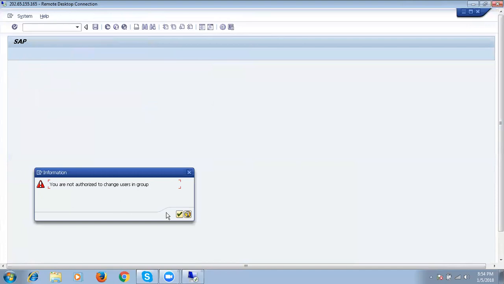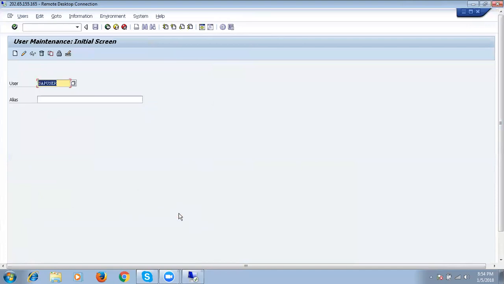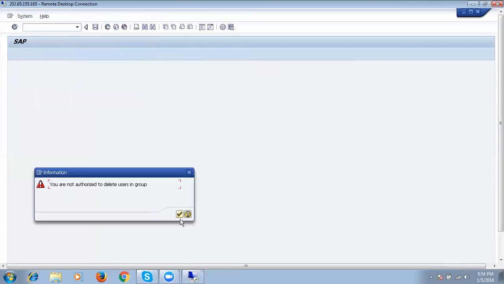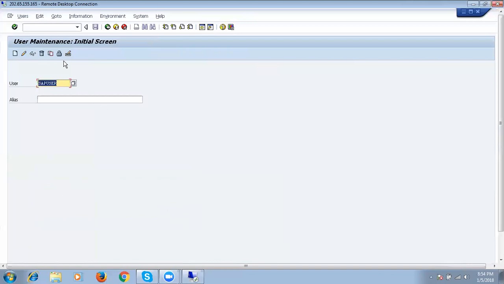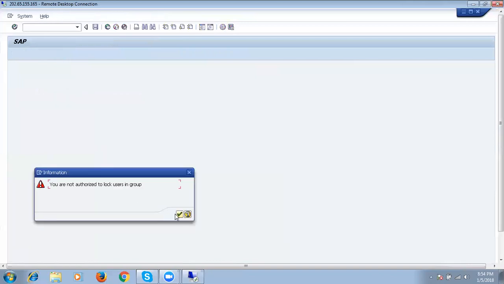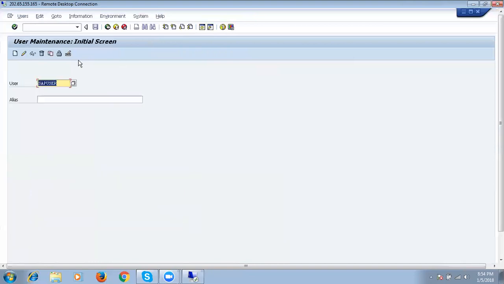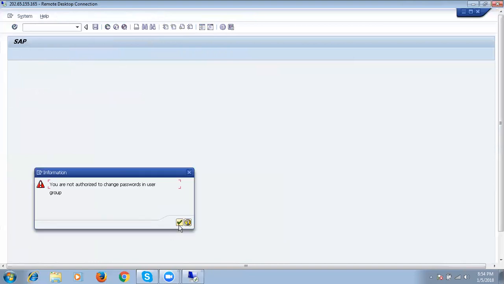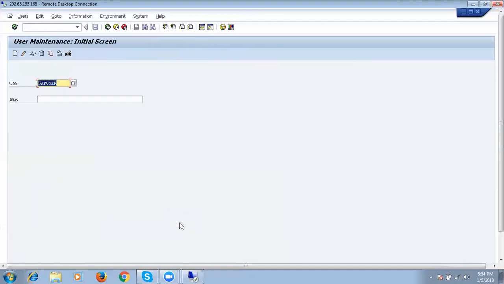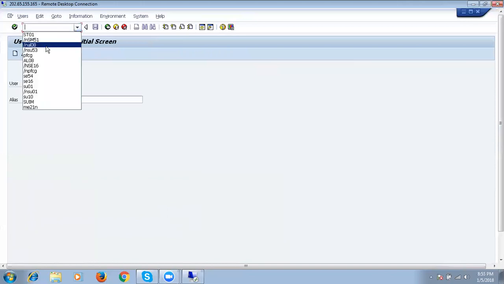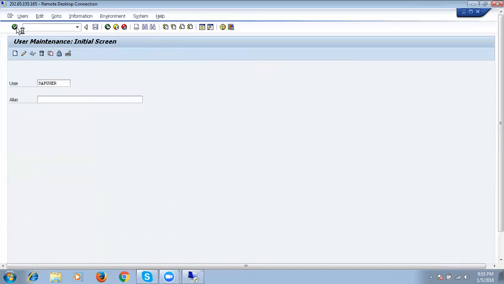See now, you missed one time, first time, second time also you missed, third time also, and the fourth time also you missed. So total 4 times. But if we execute /nSU53, it displays only one value, that is the change password value. It shows only one missing value, that is the last failed authorization check.